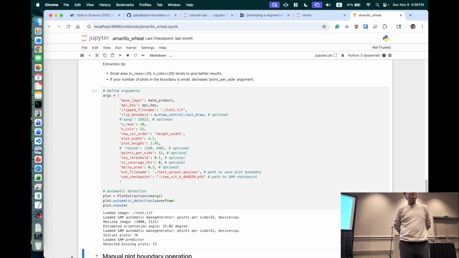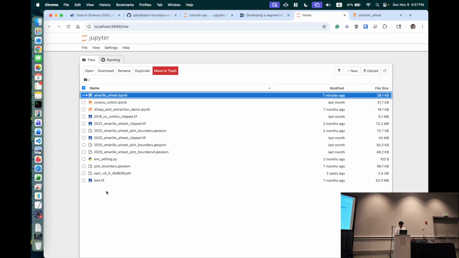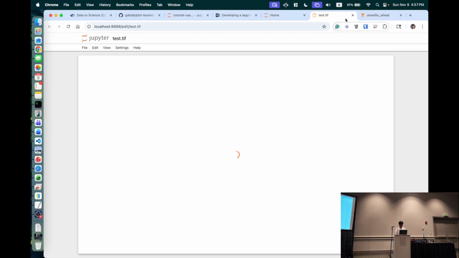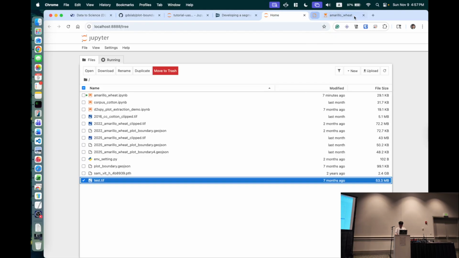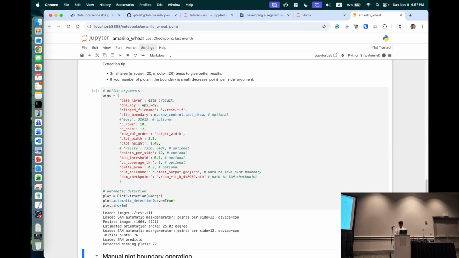Any questions? I really wish I could see the result. You know what? You see that this test.tif file has been clipped. This is an actual file that we clipped from that D2S3 local machine, and we're using this one to run this segmentation analytic model.